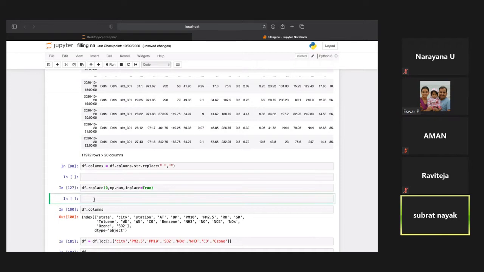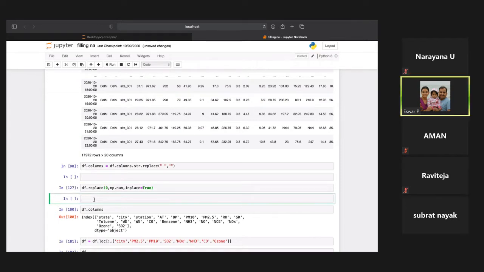Sir, what code to write for filtering that zero? df square bracket, then df, pick up any row where the column is there. df again, inside the bracket, right? Yes, sir. Inside that mention a column name where zeros are there, any one column name.